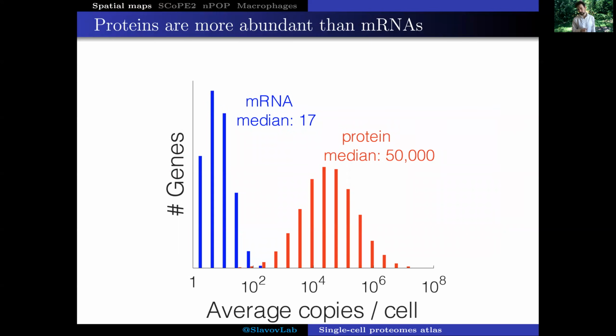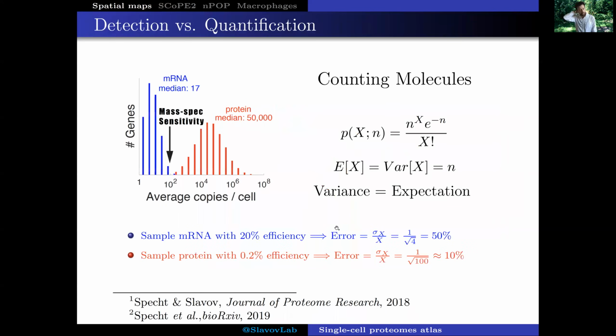That is, for each messenger RNA in a cell, there are about 1,000 protein molecules. And this observation is very important because it raises the possibility not only to detect proteins, but also to quantify them in single cells. So we might be able to sample enough copies of proteins so that we have relatively low counting noise, as shown here with this estimate based on the Poisson distribution modeling our sampling.